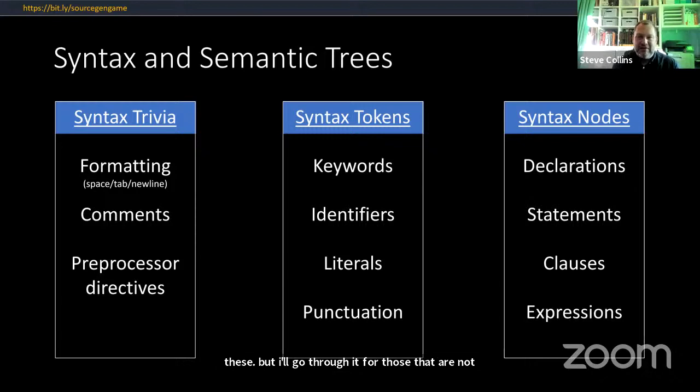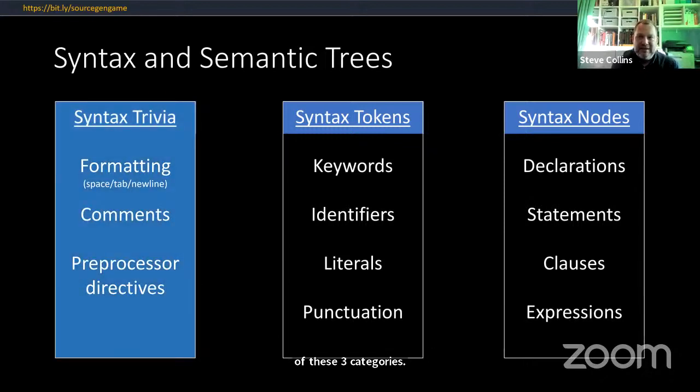When you write your C# code, every character contributes to become part of one of these three categories. Starting with the simplest on the left, we've got trivia. So this is mainly stuff we're not interested in. It's your white space formatting, comments, preprocessor directives, which are your hash lines saying things like #if DEBUG, stuff like that. A lot of that we're not really interested in.